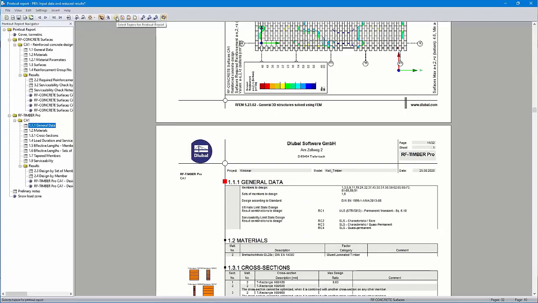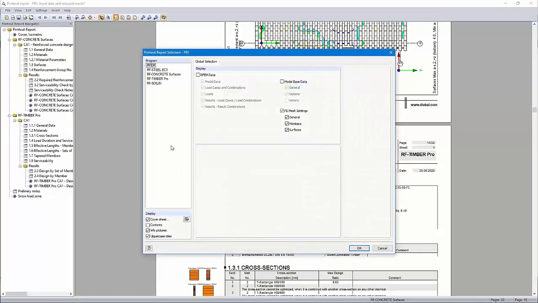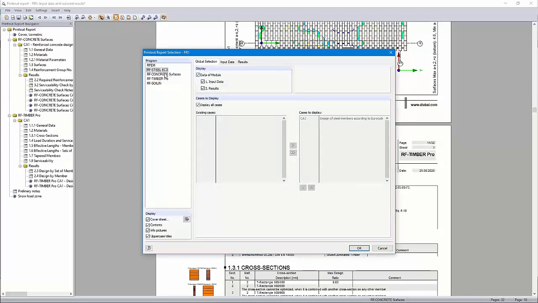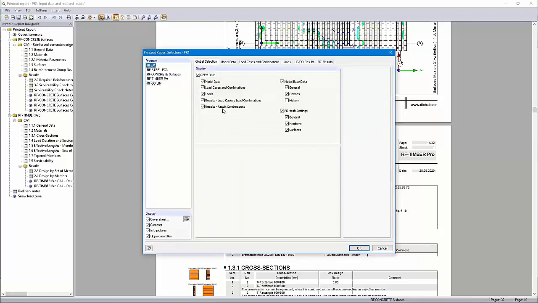And the next step is to select the topics. First I check contents. We would like to show the content. Then the RFEM data. I choose then the steel data. Those are already in the protocol. Okay. Now you can use the settings which you like. Yeah, you can disable some content. For example, I will disable here the results of the load cases and load combinations,